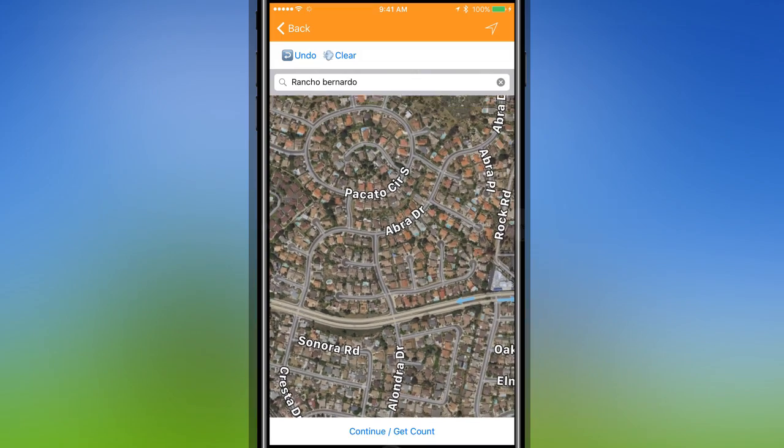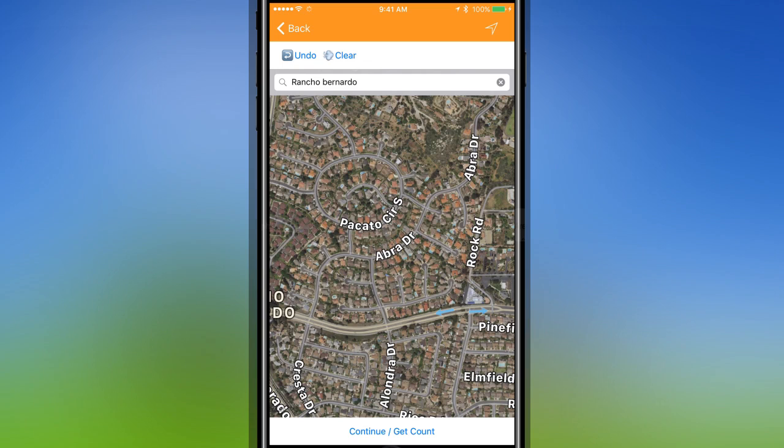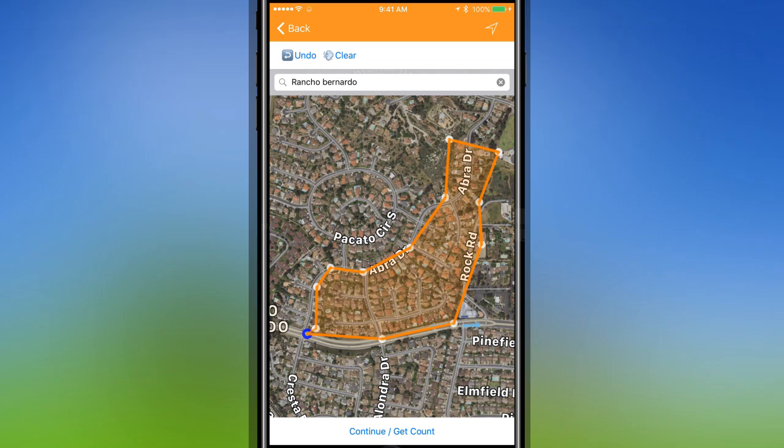Now I'm going to go ahead and tap out a shape of the properties I want to grab for this farm, and I just start tapping, and as I tap it's going to draw lines and they're connected, so I can just create the shape I want right along this road, bring it right back down, and then I go back to the original point, and that fills in and shades the area. Now I know that place is going to be what we're going to grab, and we can even do multiple